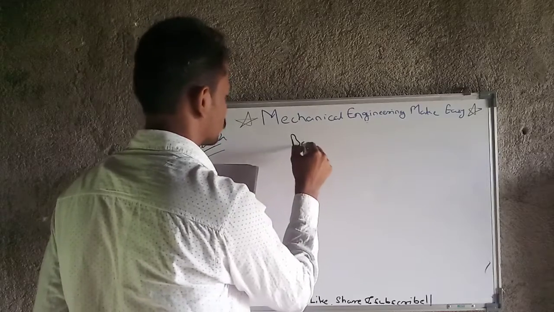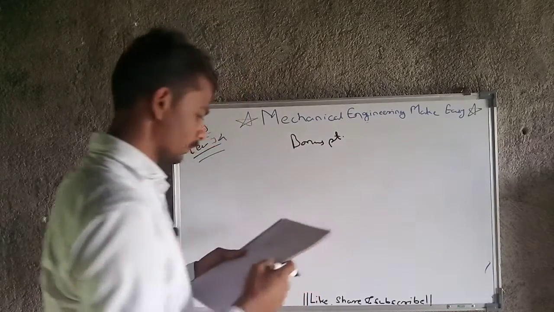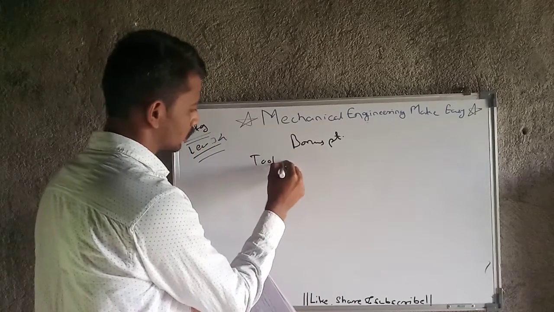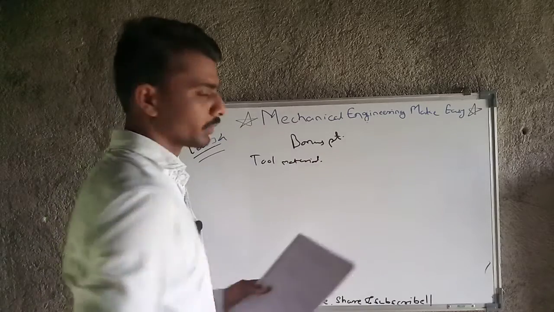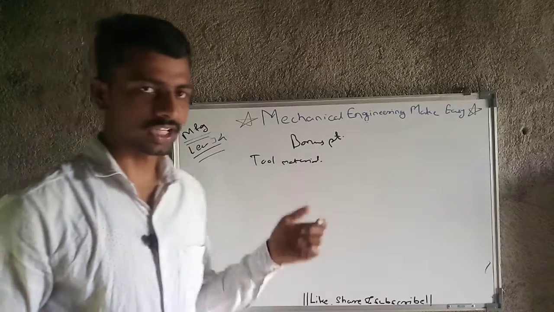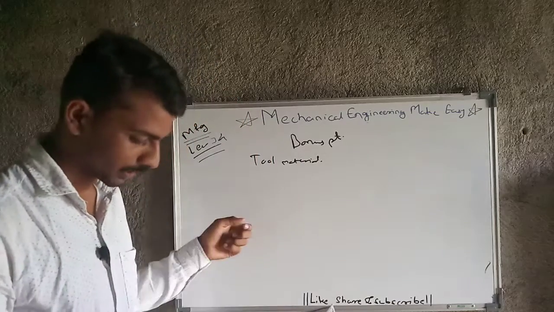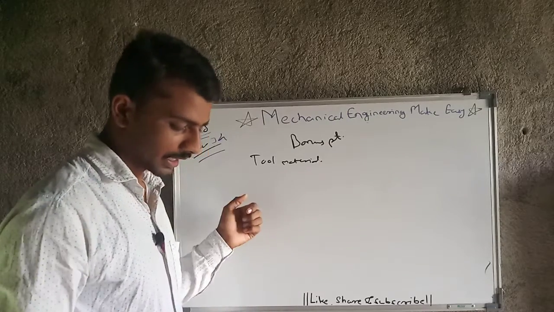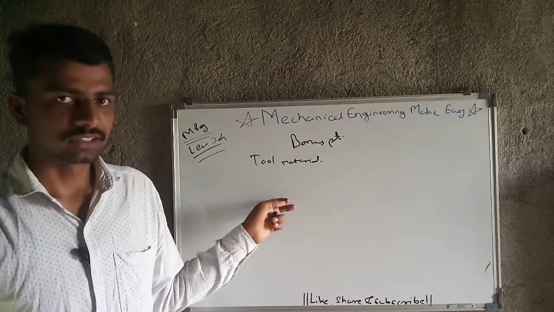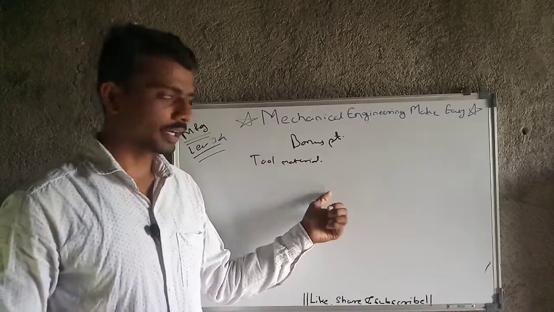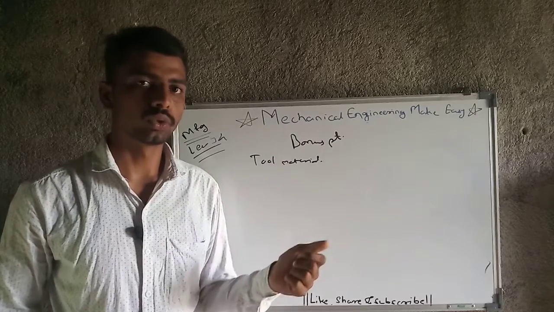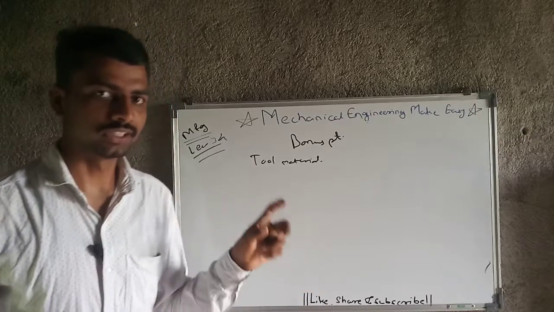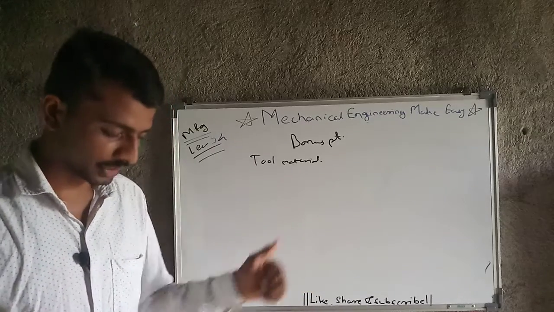Okay, so the bonus point for today's lecture is nothing but tool material. As we are going into the study of electric discharge machining, the tool materials for this will be copper, brass, then copper tungsten alloy, then silver tungsten alloy, then graphite, etc. And as we need to supply the current to the workpiece and to the tool also, both the workpiece and the tool should be conductive material. So this is one condition to use electric discharge machining.